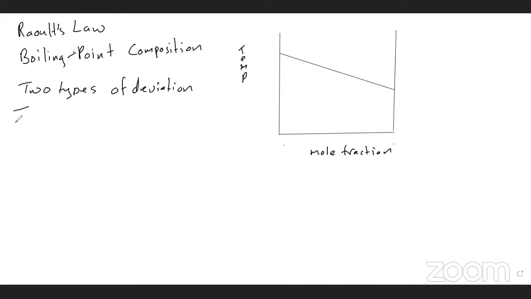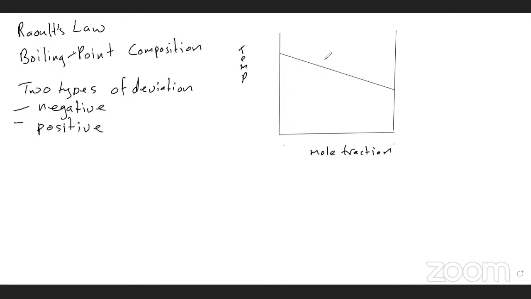Anybody remember the two types of deviation? Positive and negative deviation. If you need to draw it, just remember you draw a straight line,